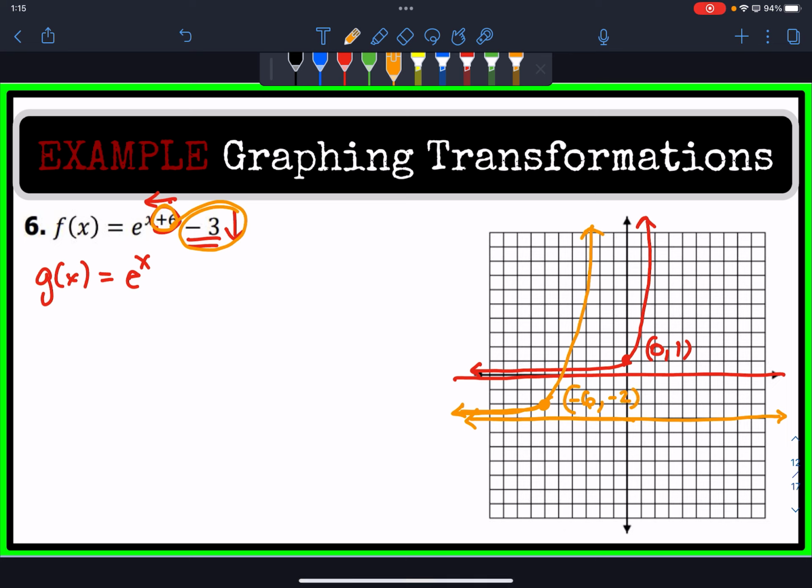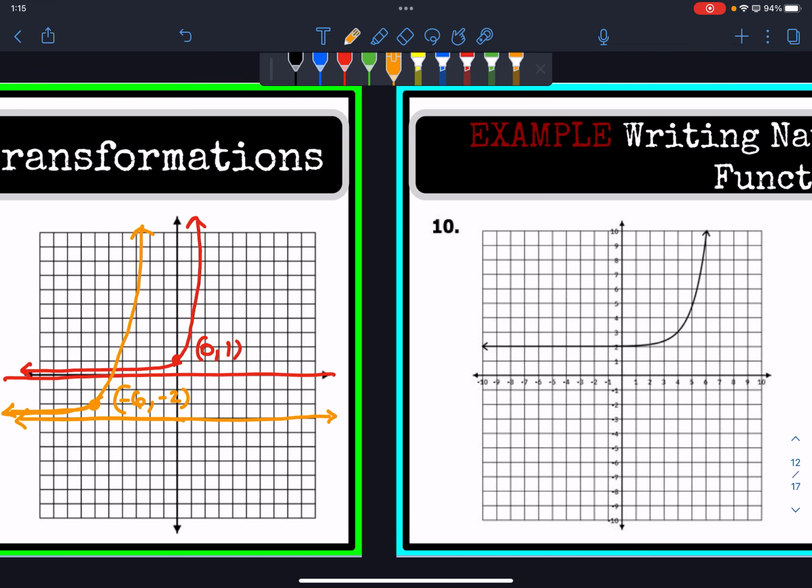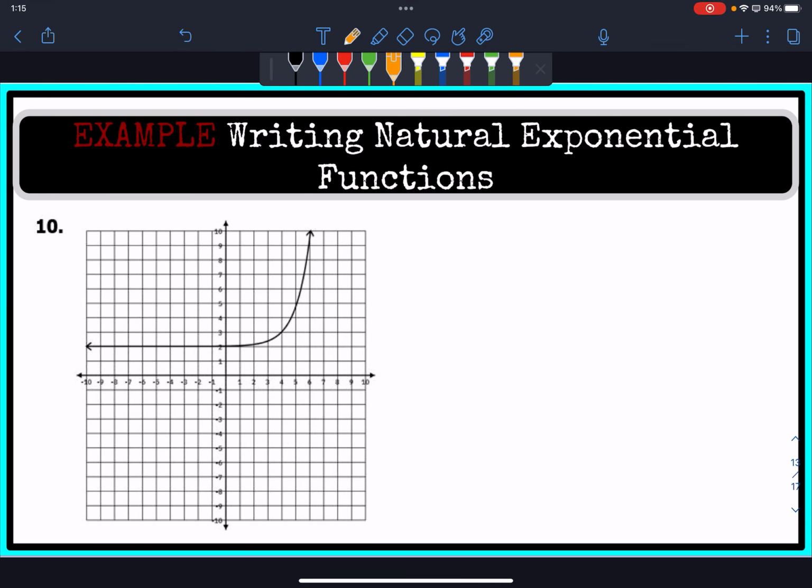Okay, -6, -2. That would be the correct location of that point. Okay, now let's work backwards and look at a graph and determine again the equation for this